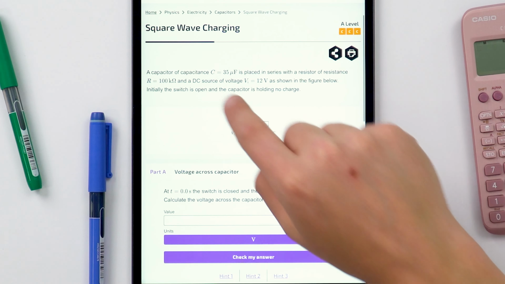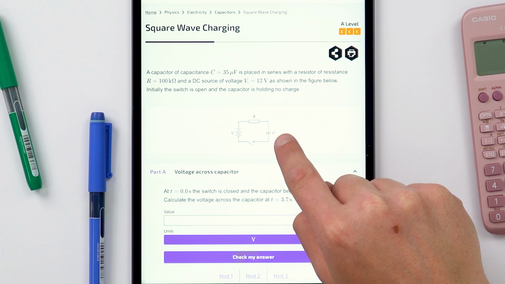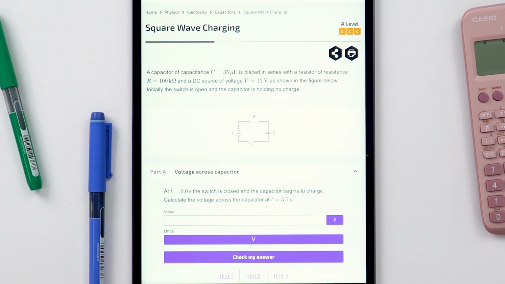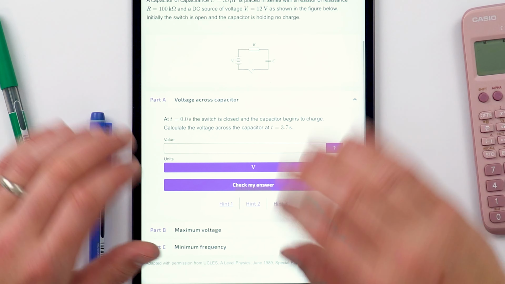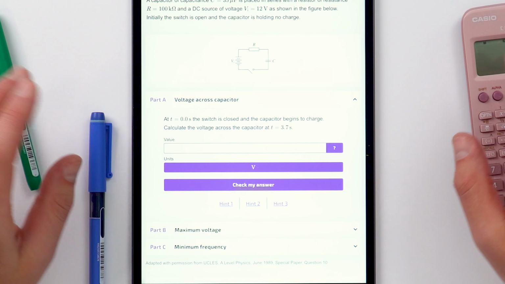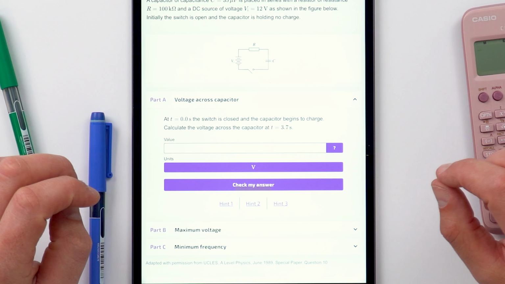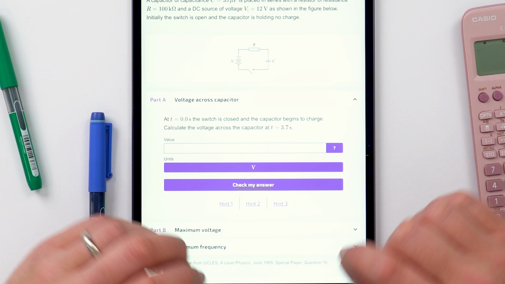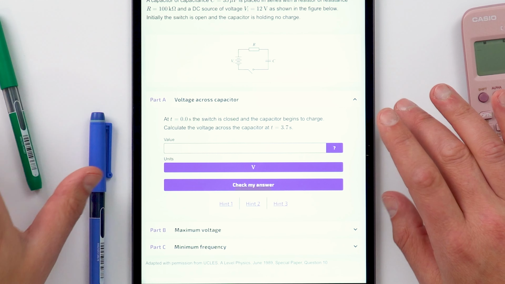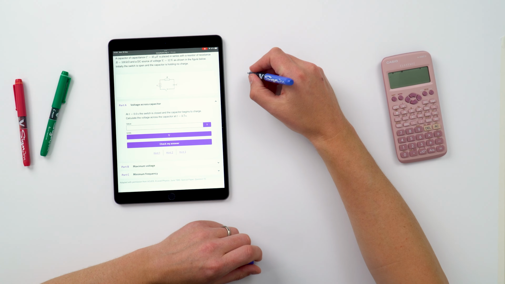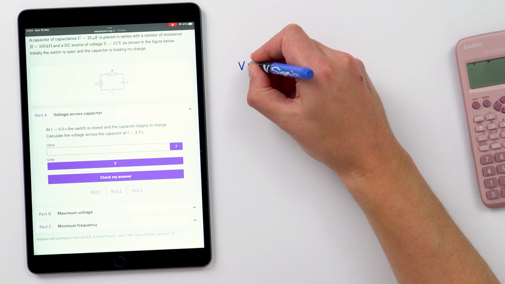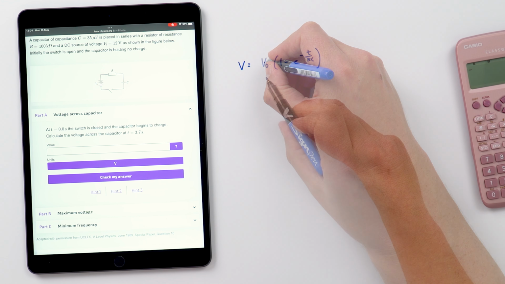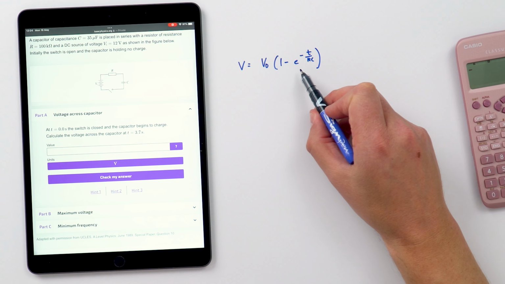And here we have a capacitor and a resistor of a certain resistance. We've got a 12-volt power supply. So the first question, at t equals 0, the switch is closed, and we want to know the voltage across the capacitor 3.7 seconds later. So this isn't a discharging exponential decay curve, this is a capacitor charging curve. And therefore what we can say is that V is equal to V0 times 1 minus e to the minus